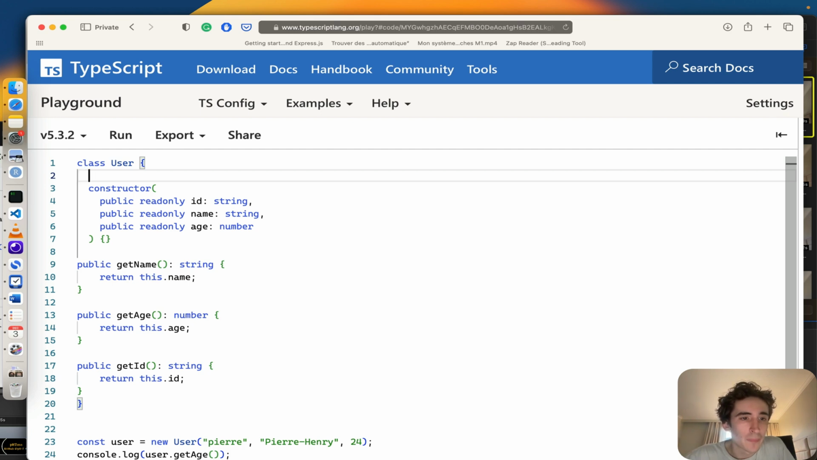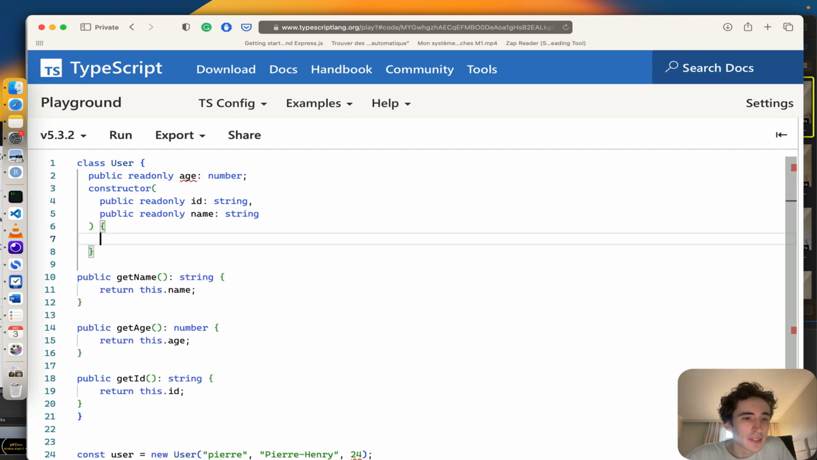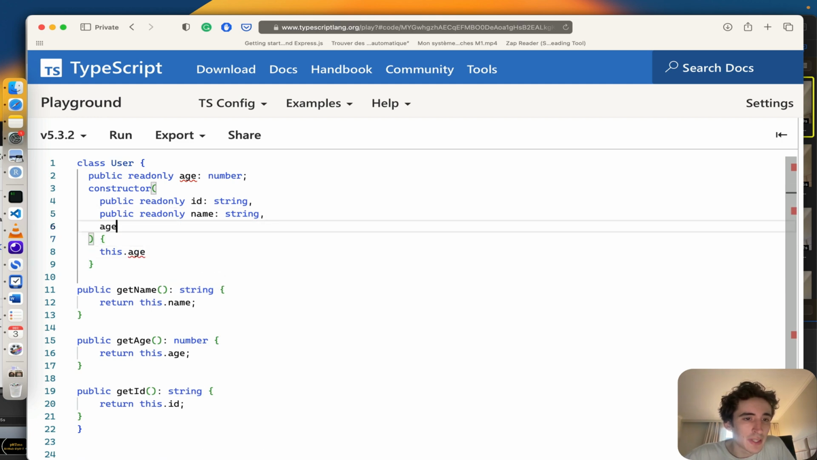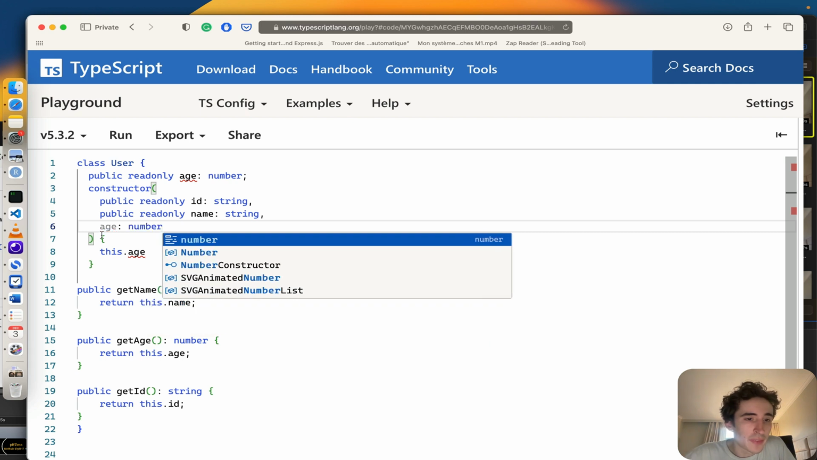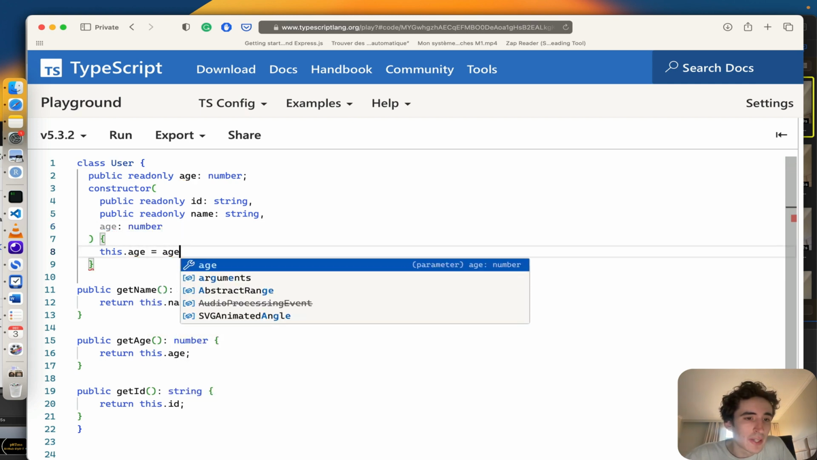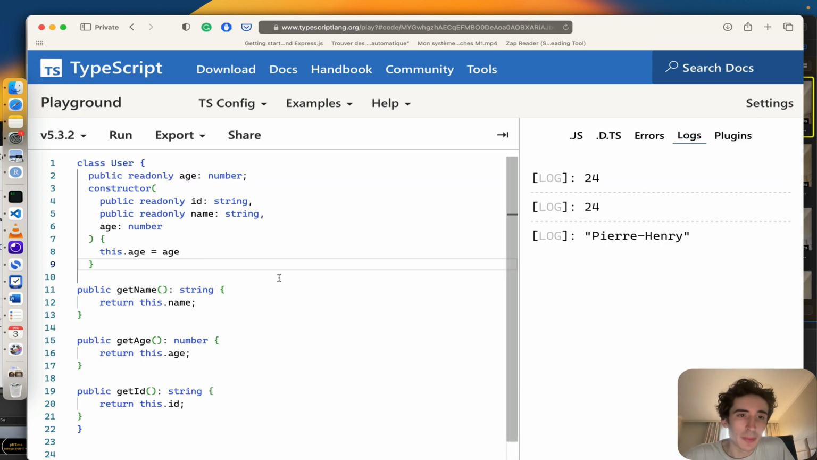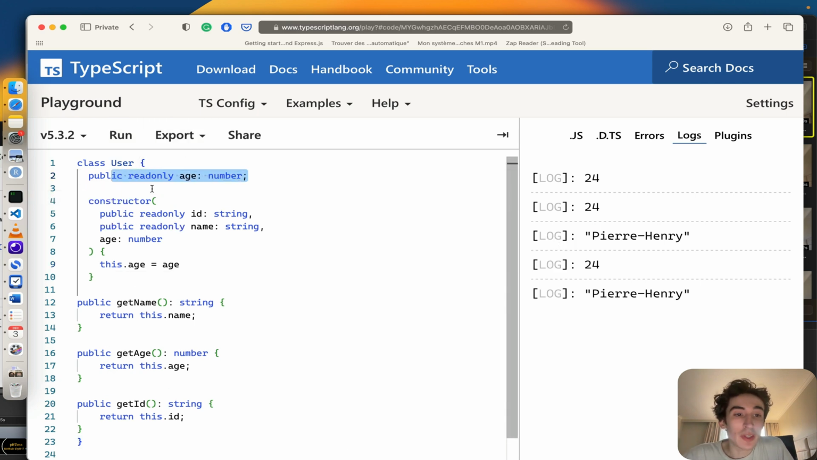If we still do public readonly age number, imagine, and then we have to do it like that, this.age, and I still need to mention age here, number, and then this.age equals age. We can have both flavors, although it's not recommended because it's quite messy, but you can obviously declare a property. Sometimes we have to, if it's not possible,